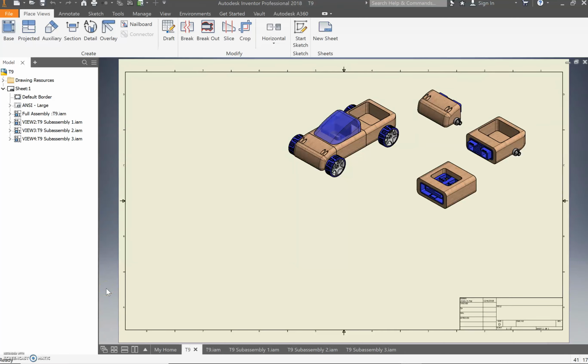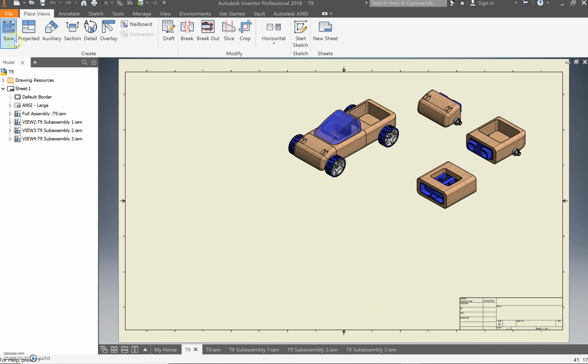Alright guys, here we're going to be looking at how to create a presentation mode of our Automoblox vehicle, which is what we refer to as our exploded view, and it's what you guys need to put onto your drawing sheets. So we have this drawing sheet already kind of set up,